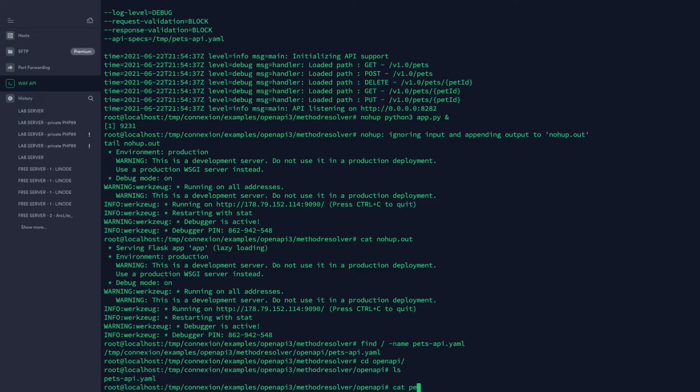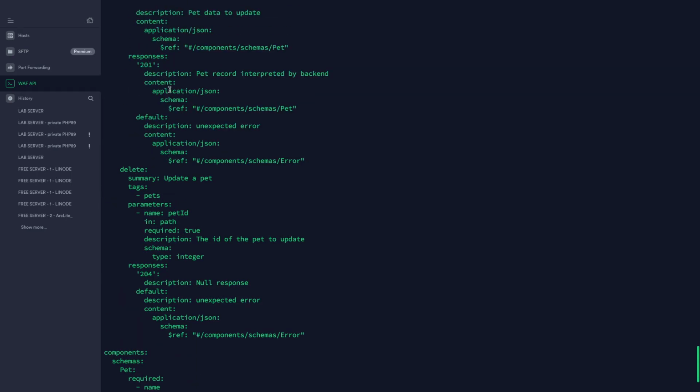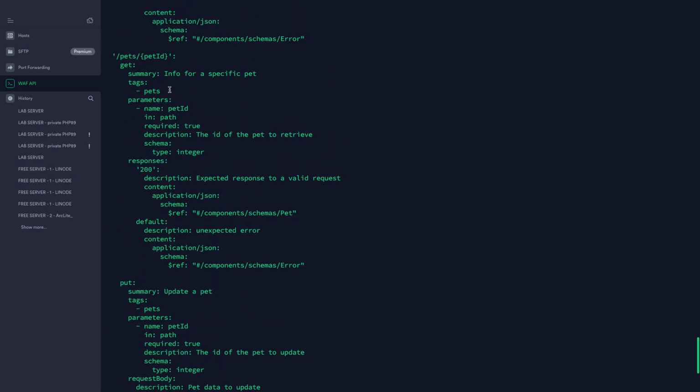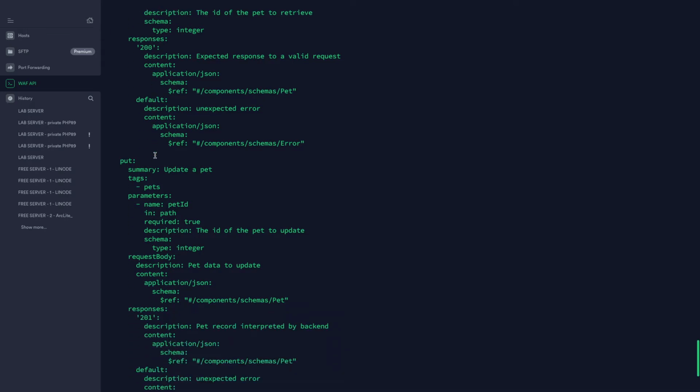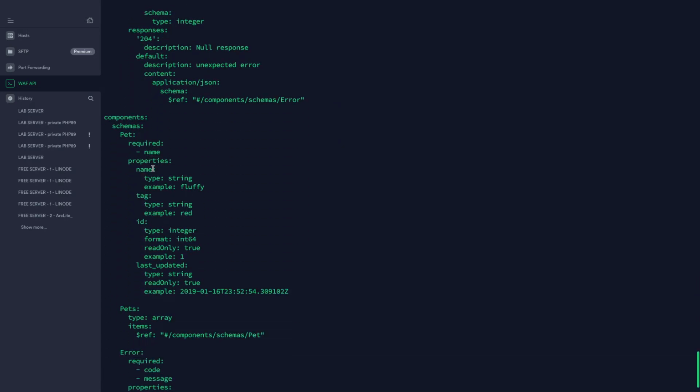Let's cat this specific file and look at what's actually required of this API. Whenever we make a call, we can see that we have a couple of things in here. We can see, first of all, the endpoint. We can see the type of request that's being made. And then we can see the responses and also if things are required or not. For example, if we make a put request